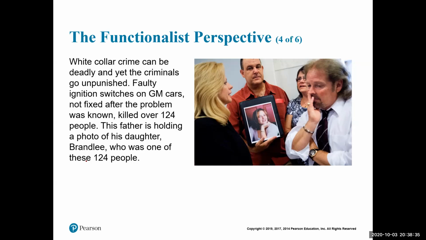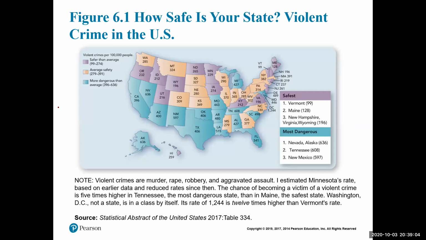In this case, the settlement doesn't bring back the human being, right? But at the same time, the only thing GM had to do was just pay out a fee. There was nothing else done. So that's what white collar crime can mean. It goes unpunished. It kind of just gets a slap on the hand saying, okay, here, you have to pay these fees to these families who lost lives. But at the same time, it really doesn't address why it's happening. If they go unpunished, is it going to continue to happen? It may not be the same thing that happens, but something else might happen. So it's kind of one of those things. It's that perpetual